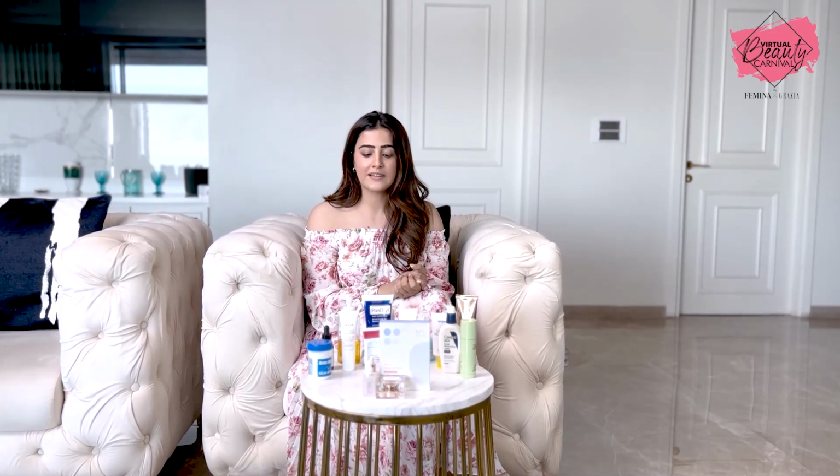Then lips, I definitely make sure. So I'm not a very mascara girl. I don't put too much mascara, or I don't do too much eye makeup. But lips, I definitely make sure there's a natural tinge to it, and I like glossy lips. So I make sure that I'm applying a lot of